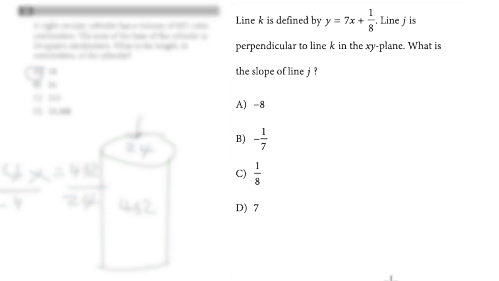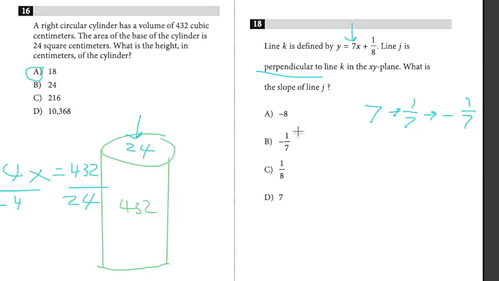What is the slope of line J? All right, so it's telling us about line K, and it's saying line J is perpendicular. Well, that's easy. Perpendicular means it's going to be the inverse slope. I think that's the correct term. Basically, it's the negative reciprocal. So y equals mx plus b, m being 7 is our slope of the original. So the reciprocal would be 1 over 7. And then we add a negative. So it should be negative 1 over 7.